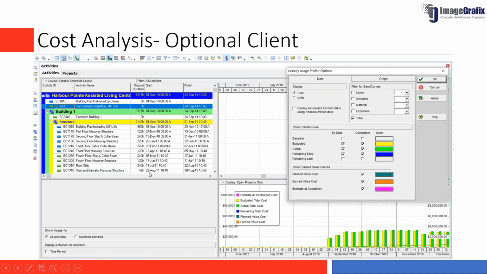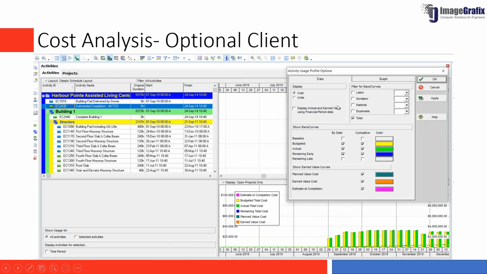And people who are familiar with the optional client, which is available in EPPM, there you can do your cost analysis at the activity level or for all the activities, that is for the entire project. How do you do the cost analysis?